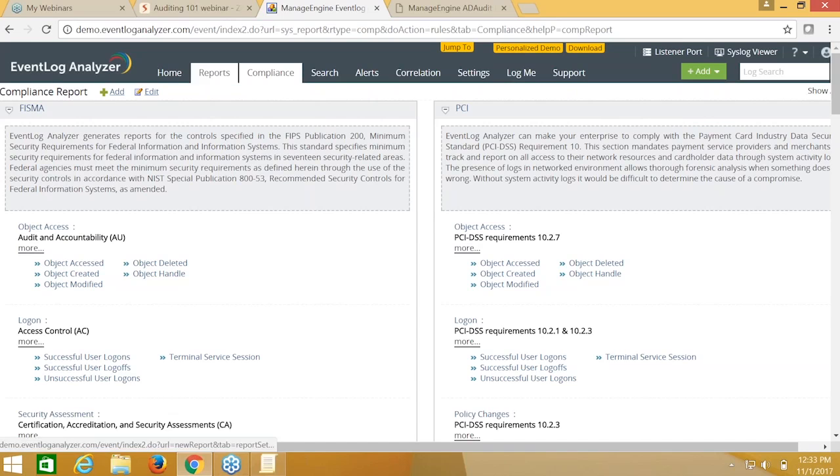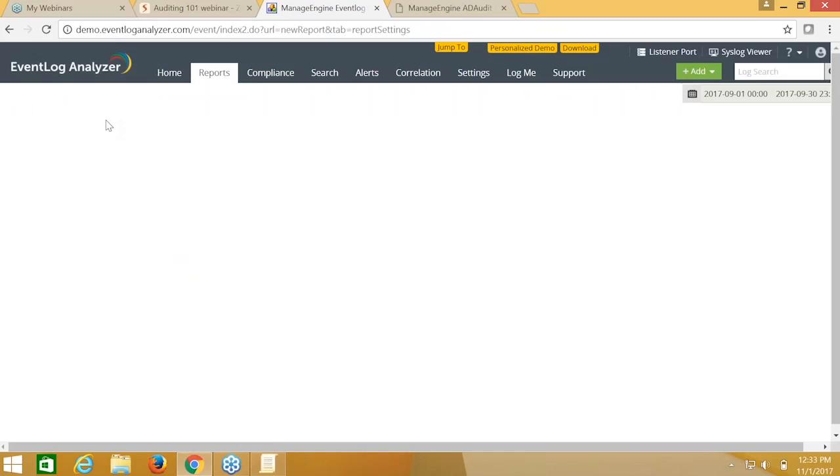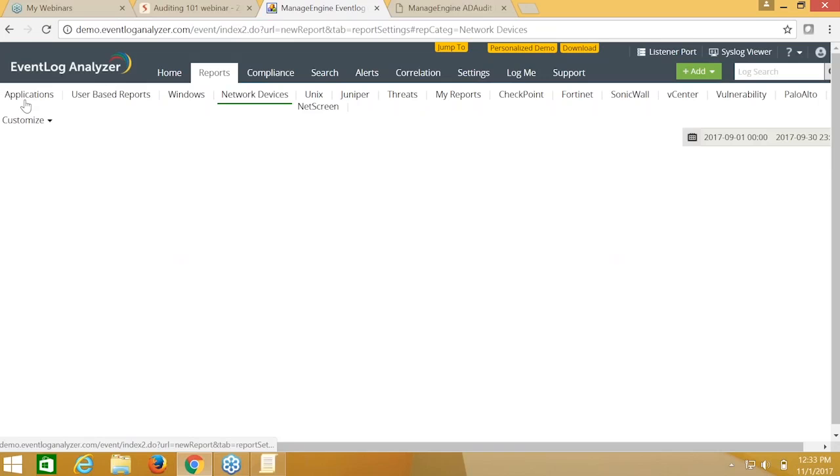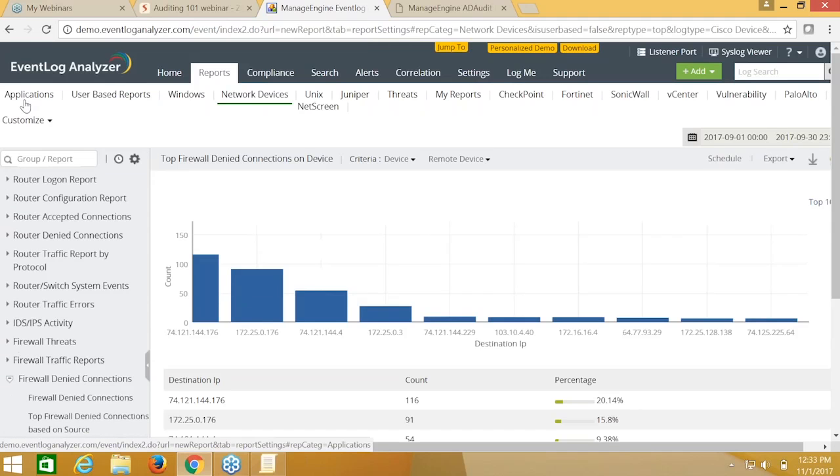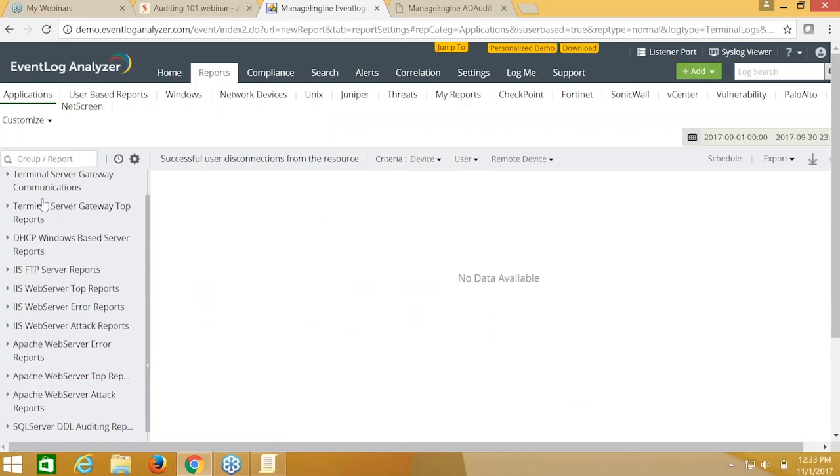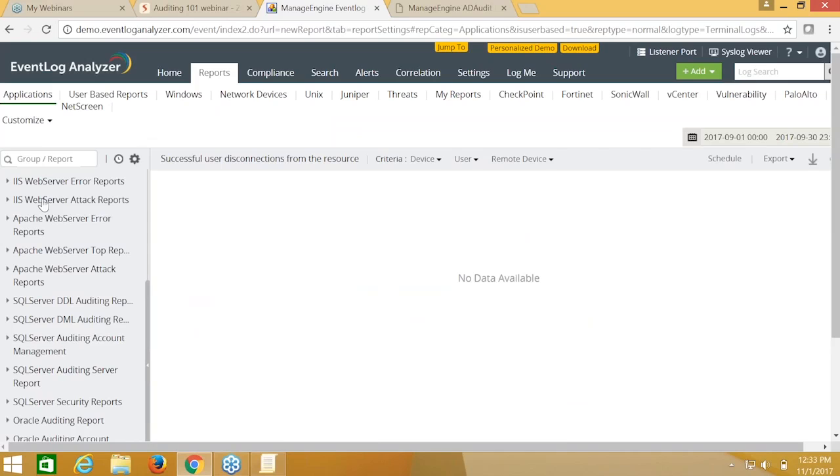So we're going to show you a couple of reports. I'm going to look at, say, applications, because I think that's a really hot topic at the moment. If you look at your databases and web servers, I think a lot of you might be concerned about securing them. So we have a lot of predefined reports. Like I said, we have over 1,000 predefined reports for different events that could be of concern to you and help you solve your security problems and compliance obligations.